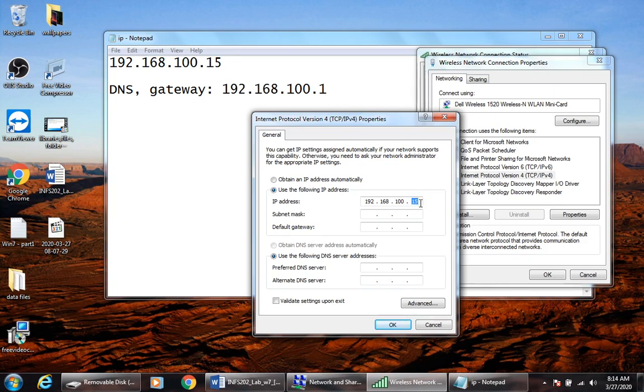that you can freely choose whatever number from 1, not actually 1, it's after 1, from 2 until 254, even 253, because the first and last numbers, 1 and 254, have been reserved for special kinds of devices, like for example the default gateway, which is the router you're connected to, as well as the DHCP server. So now you can freely choose any number from 2 to 253 that you want to enter,